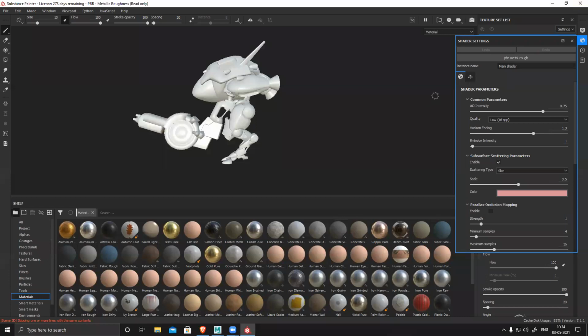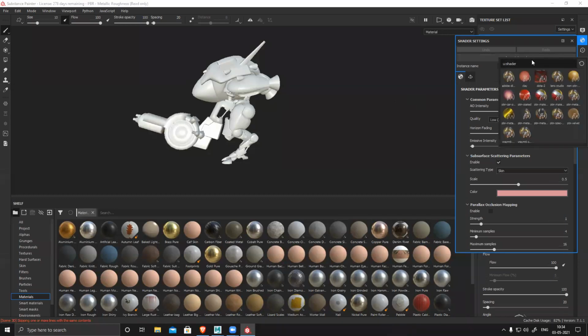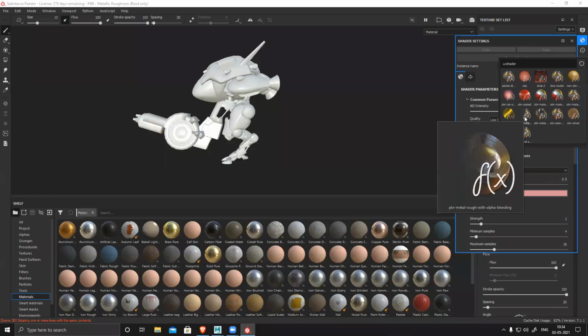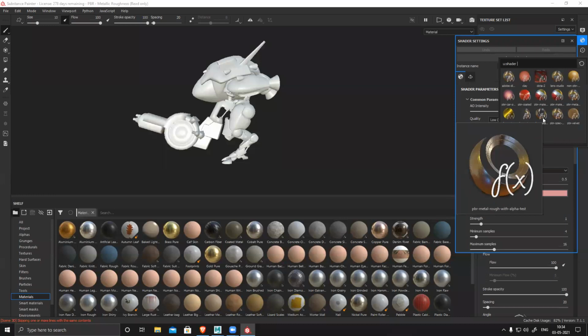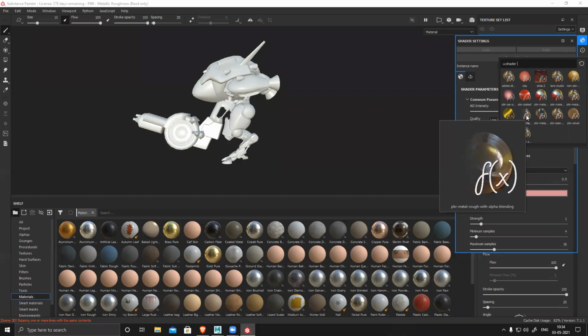So now I need to have an opacity. You can see my material says PBR metal and rough. There is no opacity. Click on this. You can see there is something called alpha blend and alpha test. There are two different types of alpha. One is cutout, a solid black and white, and one is a grayscale alpha. We need grayscale alpha because I don't want to make the glass completely transparent.